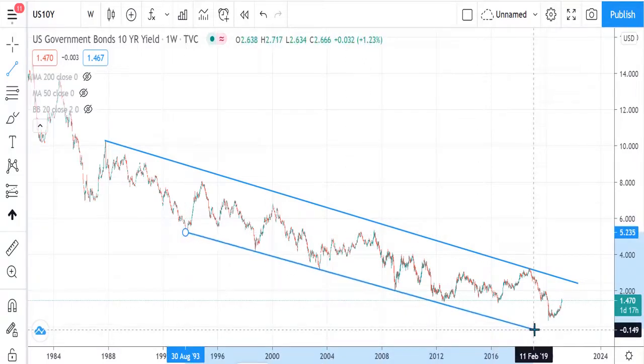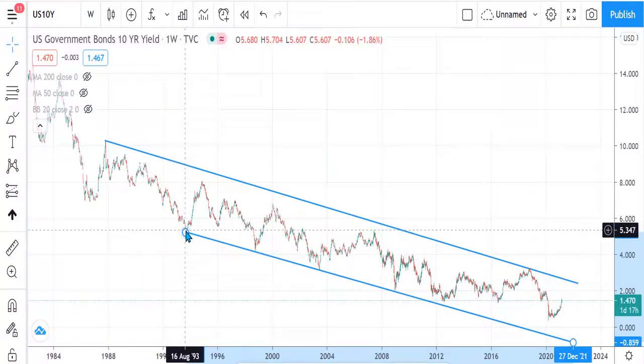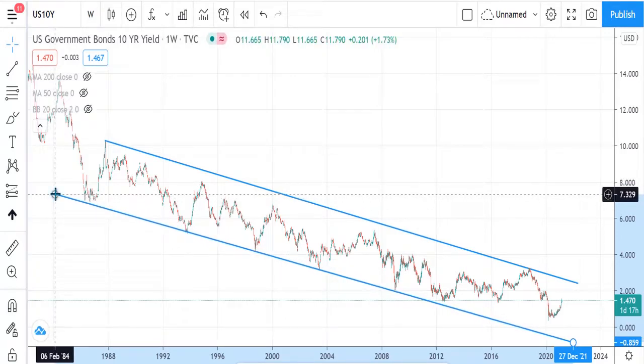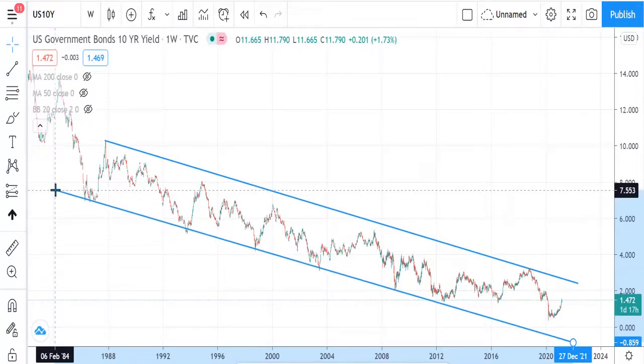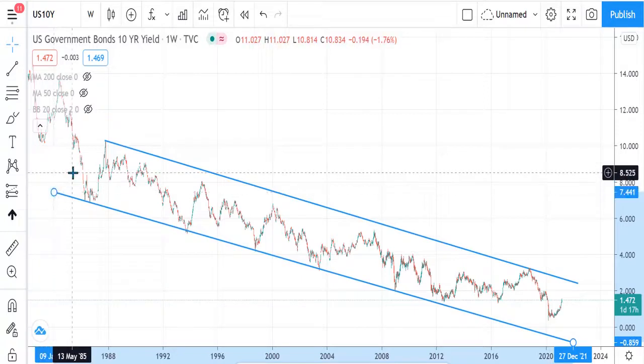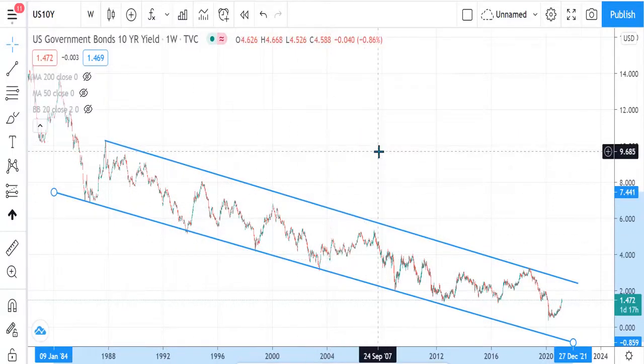Okay, this is the lowest point, I guess. That's the lowest, so we are connecting the lowest point. Now it's more or less pointing toward the lower bound. We can't be very accurate in the drawing of this pattern, so we'll just try to connect the most points that it passed through. We'll just be satisfied with this. We can see that these are the upper bound and the lower bound of the downtrend. Clearly this is in a downward pattern.